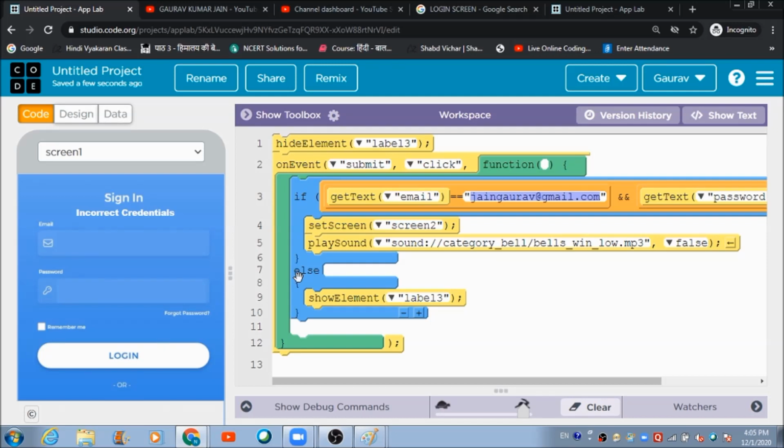Sir, if many people are using the same app, should you just do it like this, or can you make use of tables? See, it's a simple login system that we have designed today. In the future classes, we will design a full-fledged login system. Okay, don't you worry about that. For now, is there anything which is not clear to you in this app? All the tricks which I've told you for designing the app and for coding a simple login system, is everything clear to you or not? Yes, sir. Everything is clear.